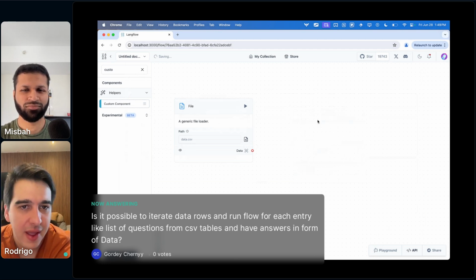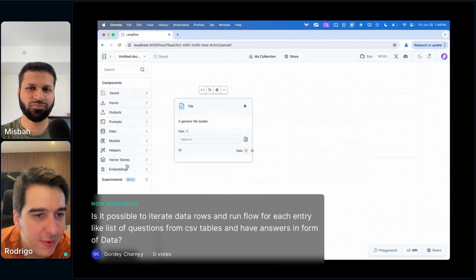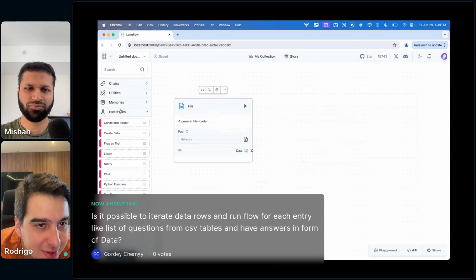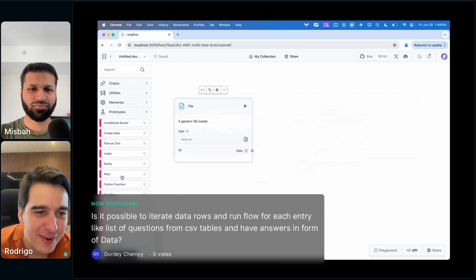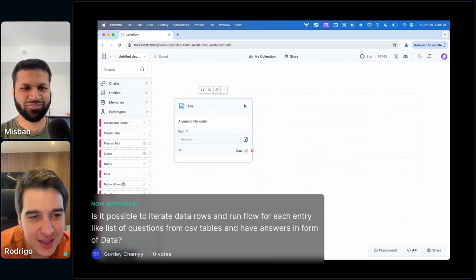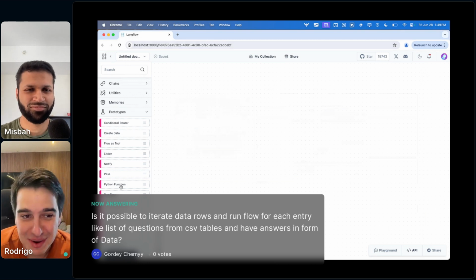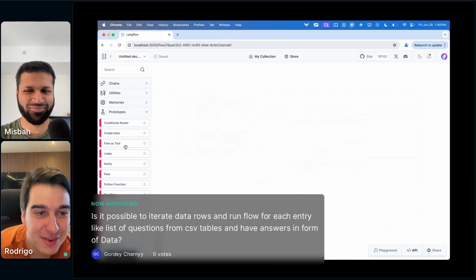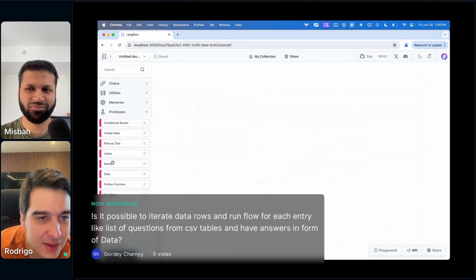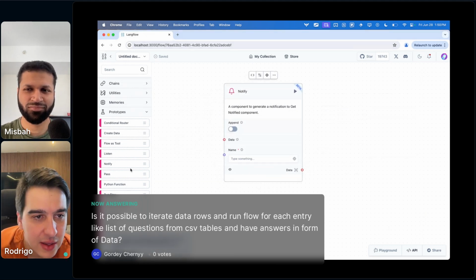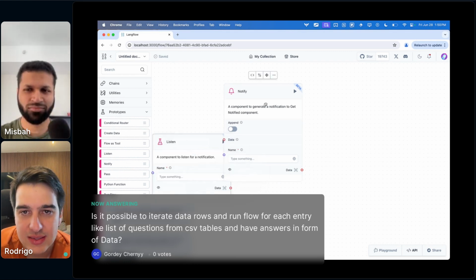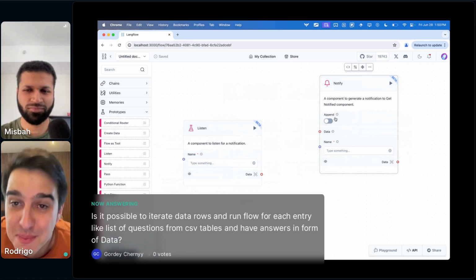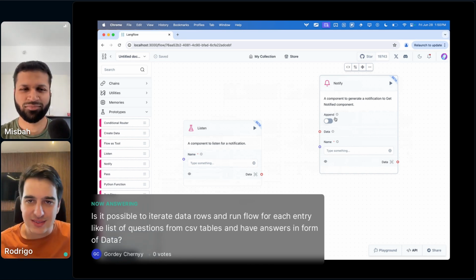There is another way. It's experimental. If you come down to experimental, there's something called prototypes, and these are super new and cool, but also very weird, maybe unstable features. So you try it out, and the idea here would be using the notify and listen. This is something that Gabriel came together with, and we were discussing what it means for Langflow. Notify and listen are